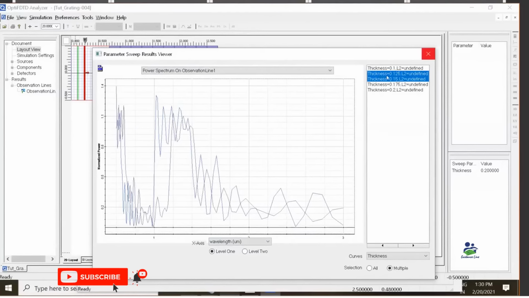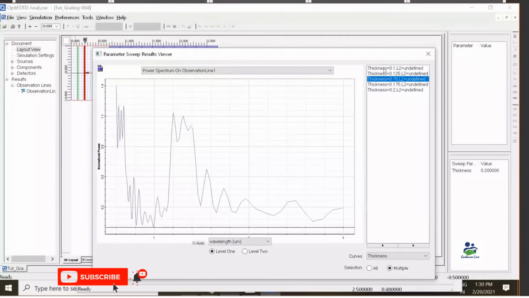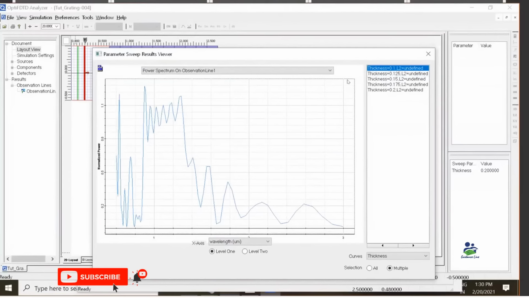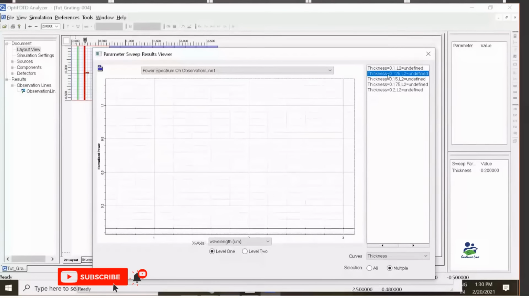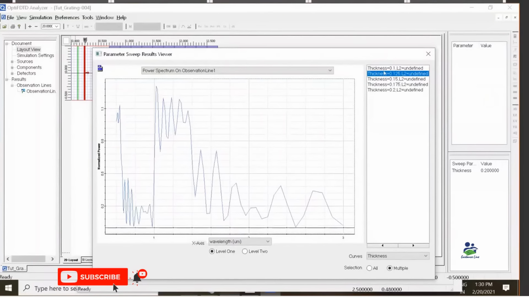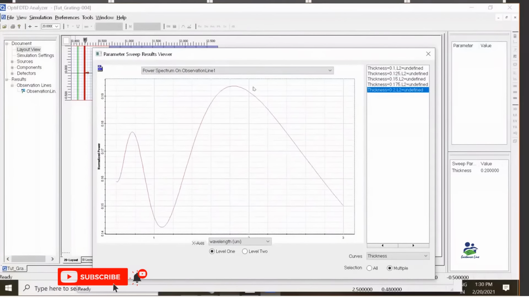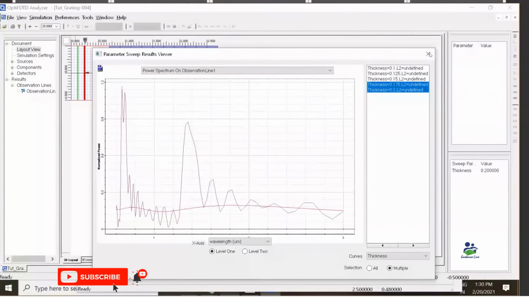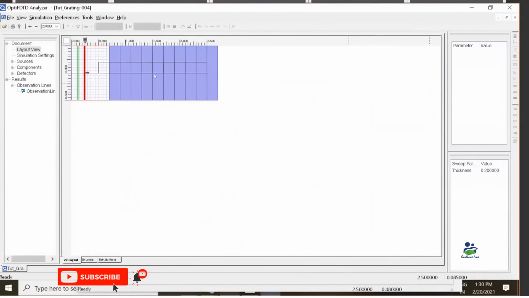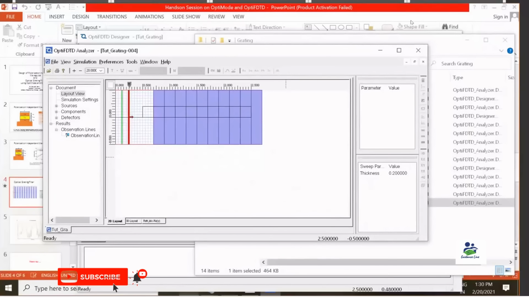So you can see here we have quite a larger width. Now here we have a slightly shorter width, and at the end we have nothing to show over here. The value is quite low, because we do not have any gratings present over here. So you can see that in this way we can easily run a simulation to make a parameter sweep for analysis of optical grating filters.